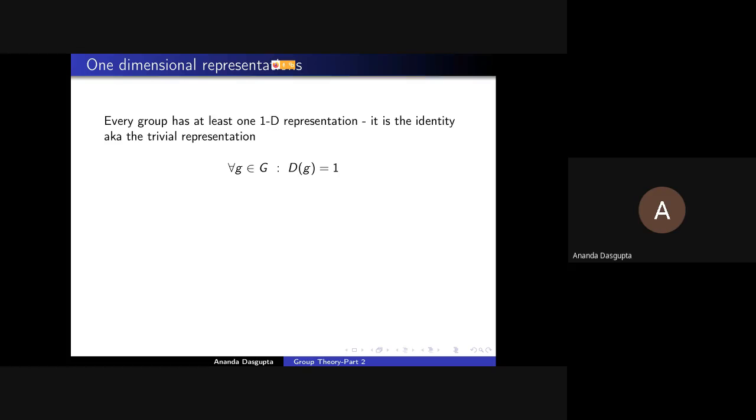Although this is a very simple and trivial thing mathematically, it's very important for physics. Can anybody tell me what this representation is in the language of physics? Say, for the rotation group, let's say. It's a symmetry of some sort. We are talking of an object which you can describe by one number, because it's a one-dimensional vector space. And what happens to that object when you rotate your coordinate system?